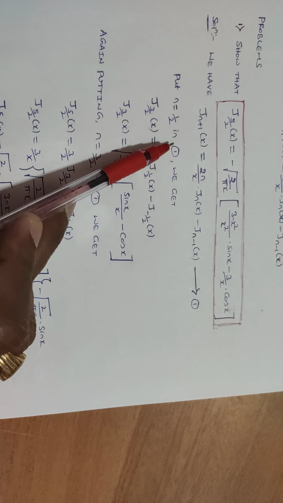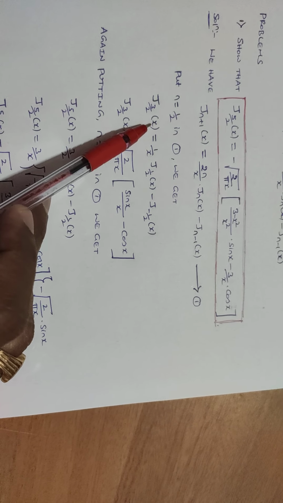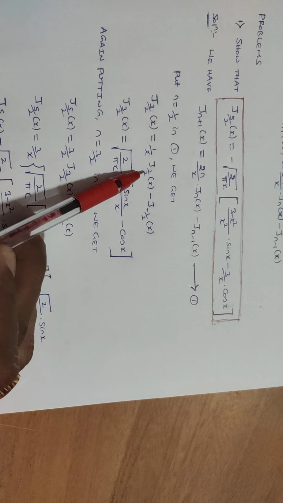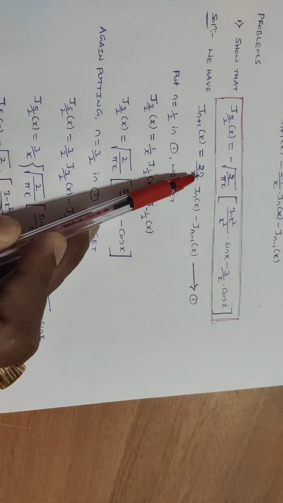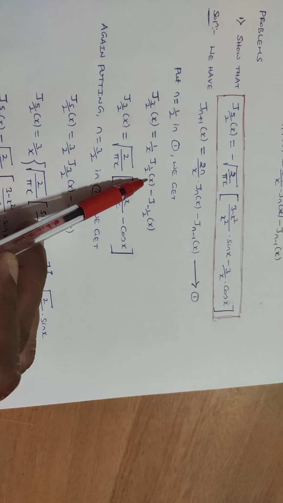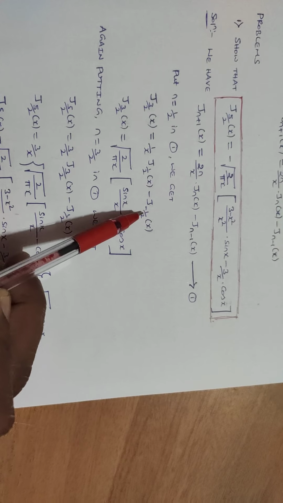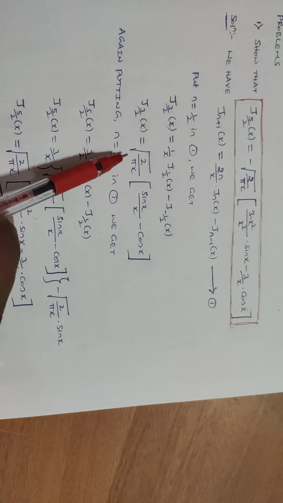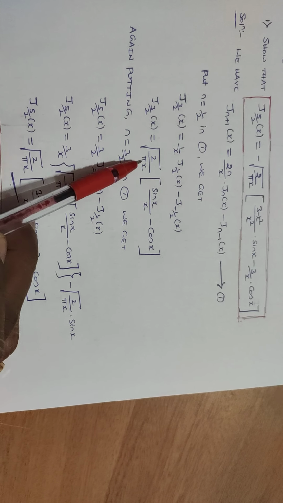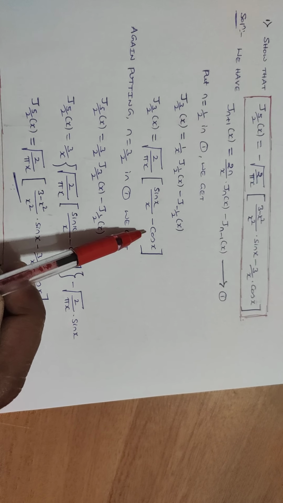In the result, if we consider n value as half, we get the value as J_{3/2}(x), and it can be written as 1 by x into J_{1/2}(x), because if we consider n as half, the 2 gets cancelled. Therefore 1 by x into J_{1/2}(x) minus, so half minus 1 is minus half, therefore J_{-1/2}(x). We observe the value of J_{3/2}(x) as square root of 2 divided by pi x into sin x divided by x minus cos of x.